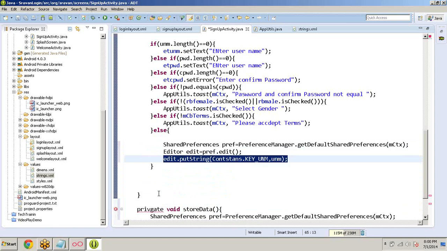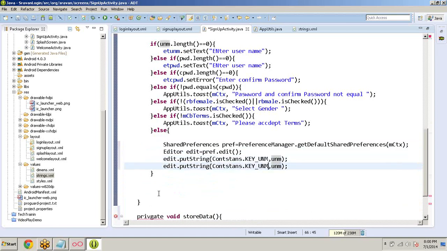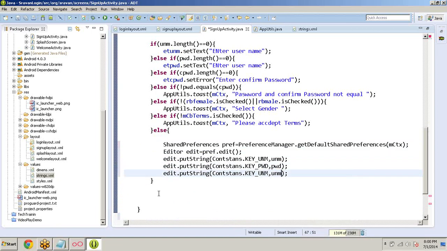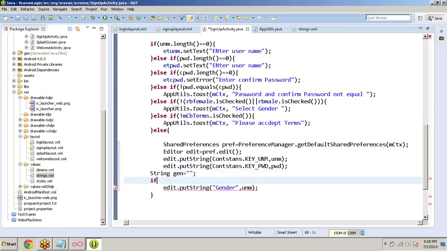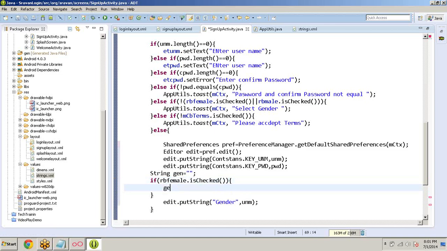Okay, so I'm putting the key username and key password, and the password I'm putting. Next one, edit text dot put string. Instead of putting gender directly, I'll use a string gen equals to: if the female radio button dot is checked, meaning the female button is checked, then gender I am giving as female, else